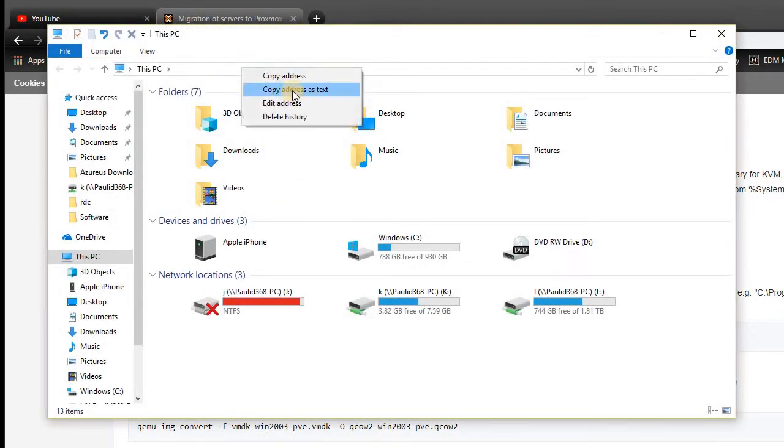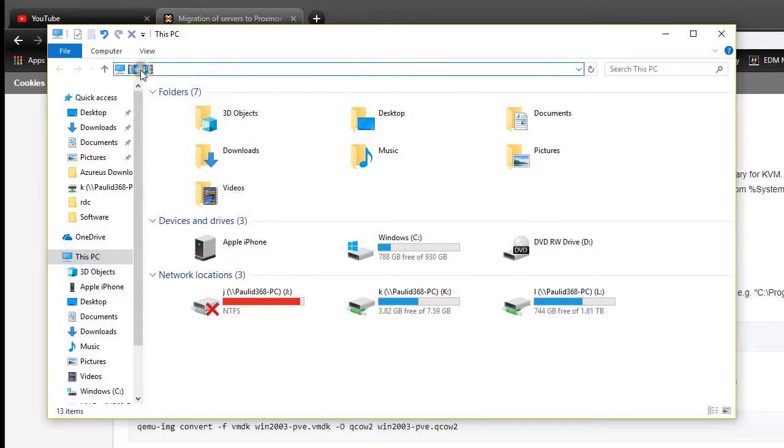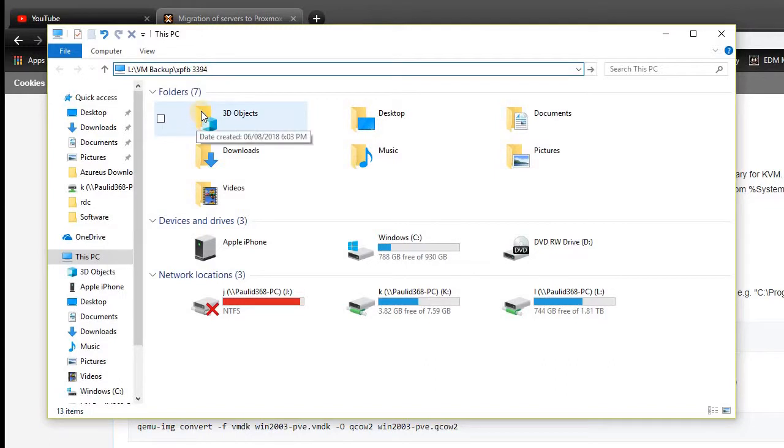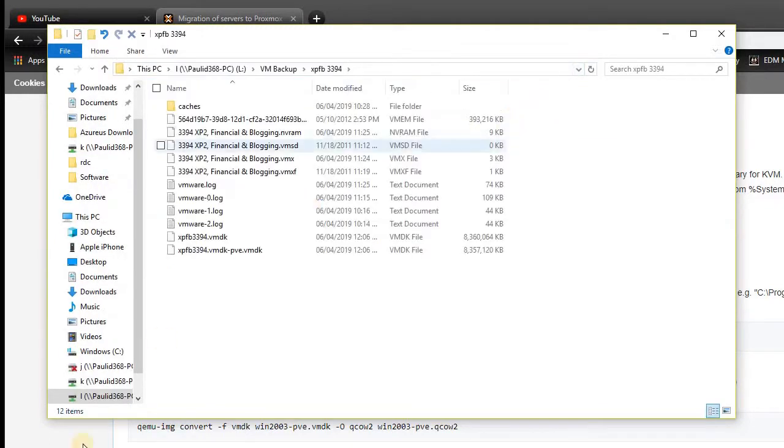I'm going to go there. Let's go. We are right there where we need to be. Okay, next we are going to upload this file into the Proxmox server,